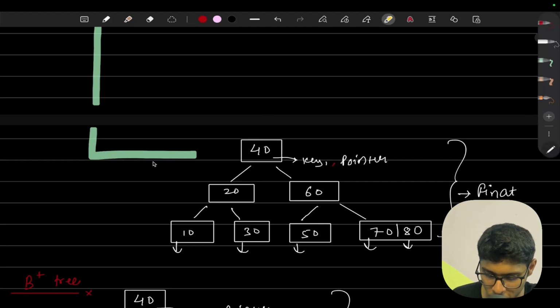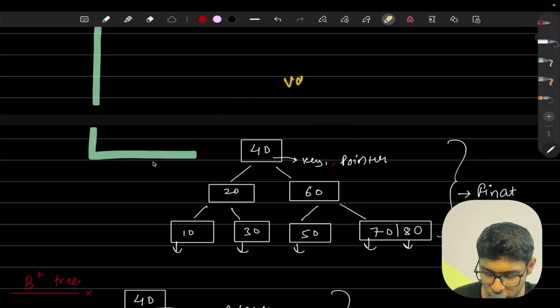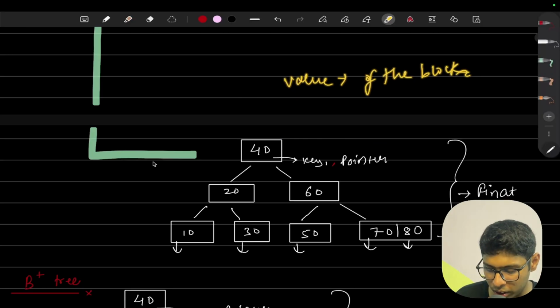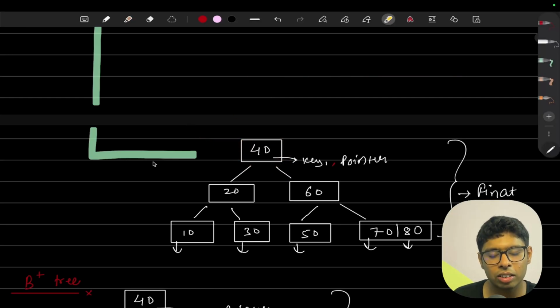And I also told you what are the values that they are going to store. The value of the child pointer, and the second value that they also contain is the actual value of the block. So if someone is searching for the 40 index directly, we can directly reach the block. If someone is searching for the 30, it will go to, let's say, 40, then